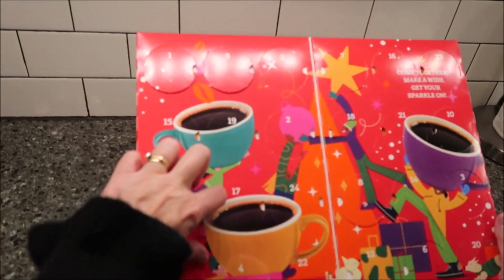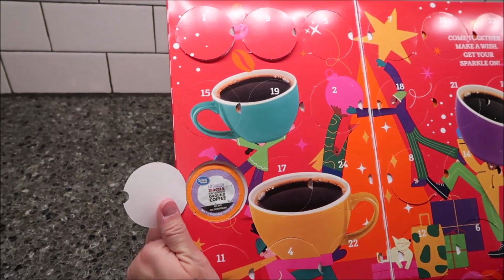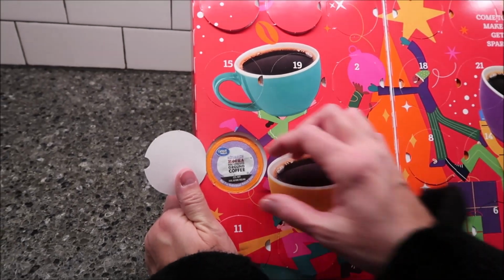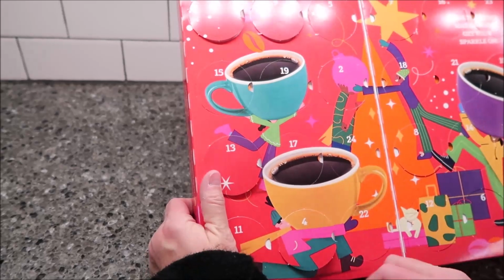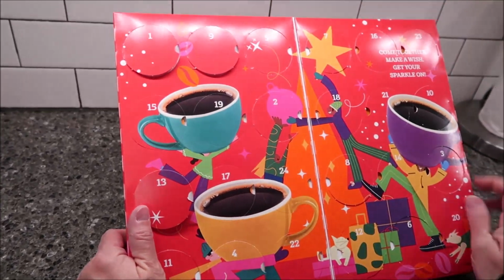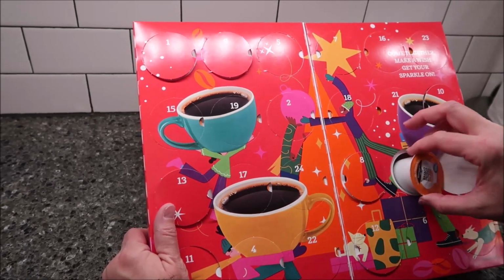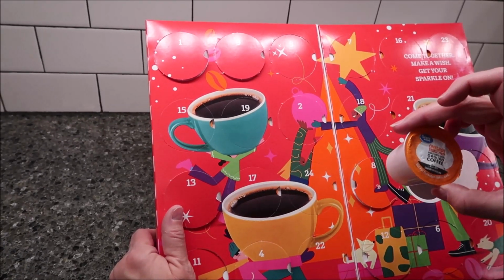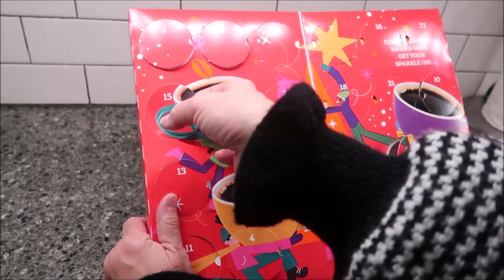Right. So now we're going to open 13. 13 is marshmallow mocha. Hopefully the marshmallow is stronger than the mocha. And then we have 14. That one is cinnamon French toast. I tell you what, there's a lot of cinnamon in here. 15